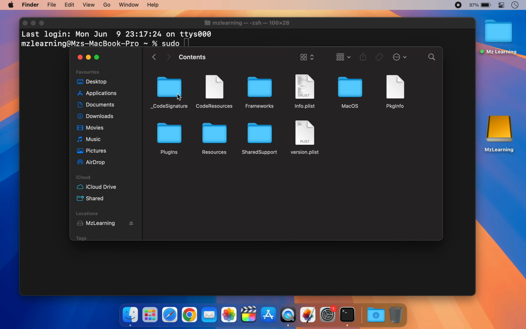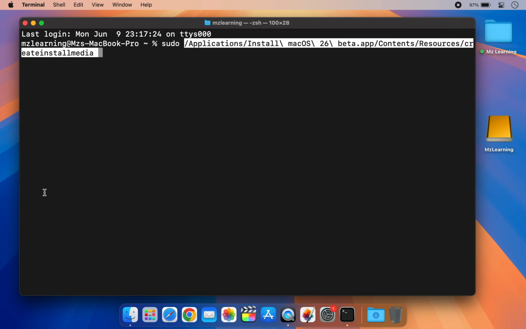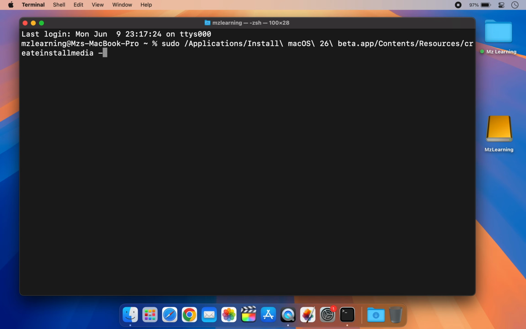Now open the Contents folder and then the Resources folder. Here you will find a file called createinstallmedia. Drag this file into your terminal window. Next, type --volume followed by a space and drag your USB drive into the terminal window. This section will add the USB name